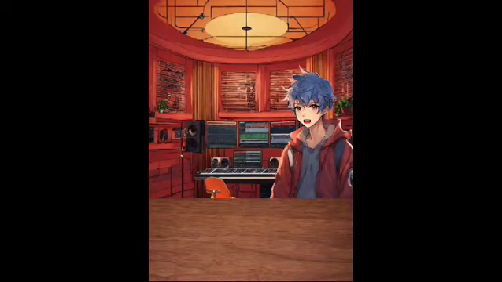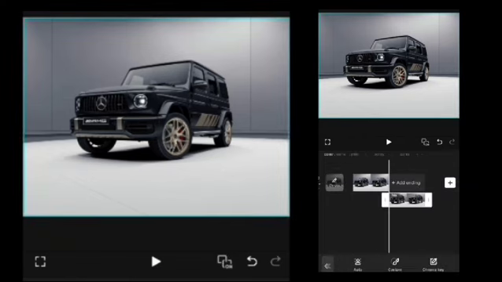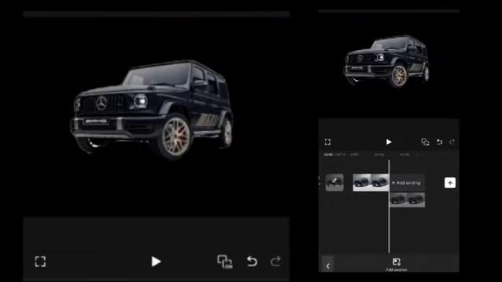You are going to learn how to make this trending car effect in CapCut right now. Open CapCut and press New Project, select your clip, and press Add. Now copy your clip and go to Overlay, Remove Background, and press Overlay and drag the clip under the first